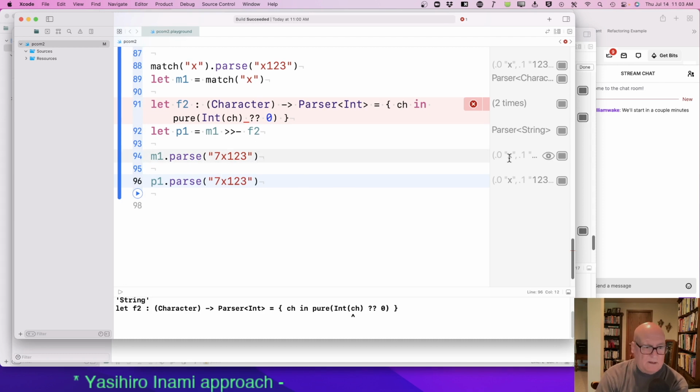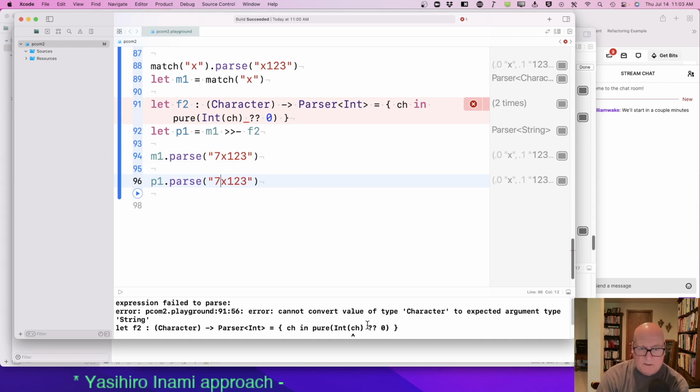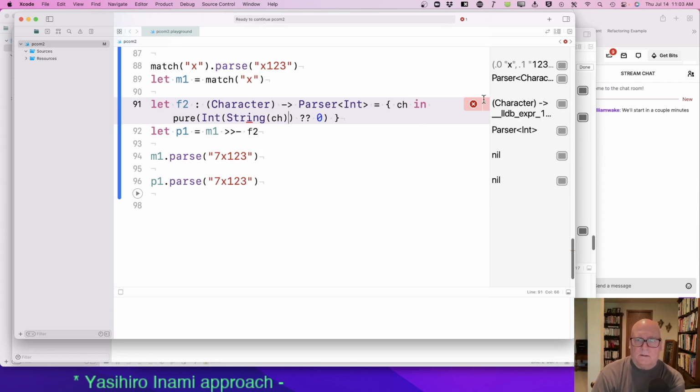So we expect a 7 character. Oh. Cannot convert value of type character to expected argument type string. Try again. Ugh. Cannot convert value of type character to expected argument type string. There it went away. Nil. Okay, something fails.